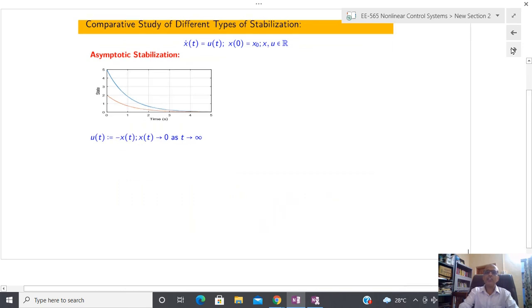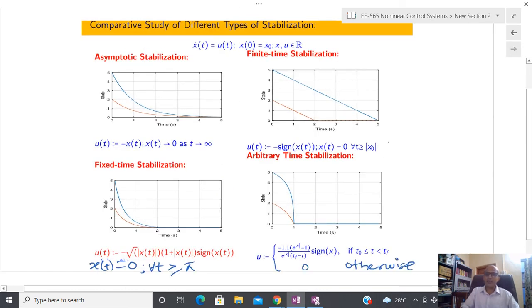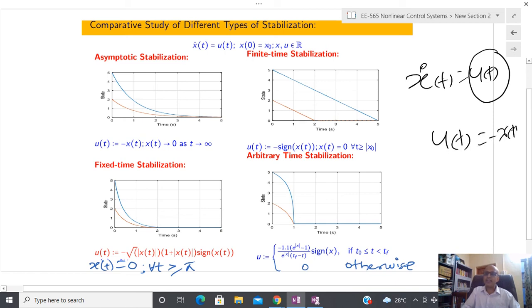If you know this kind of stability, then using this notion of stability you can also design the control action. Suppose now I have some kind of first order system with input u(t), and you have to design u(t). Whatever you have read till now, you can apply. You can replace u by minus x(t) or k x(t). So you can see that the system is asymptotically stable, because if you substitute here,